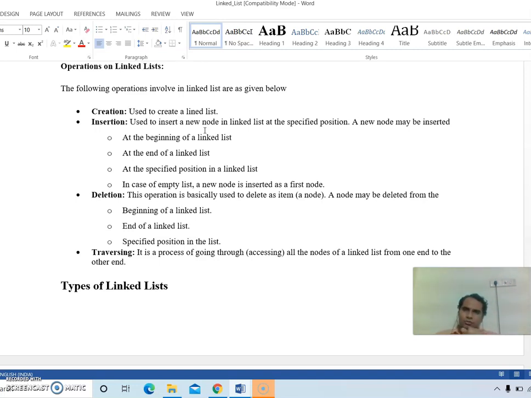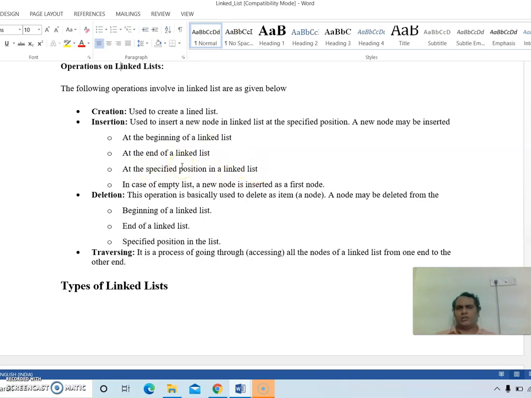There are three situations. I may be inserting at the beginning, at the end, or somewhere in between. These are the three possibilities for insertion: at the beginning of a linked list, at the end of a linked list, or at a specified position in a linked list.